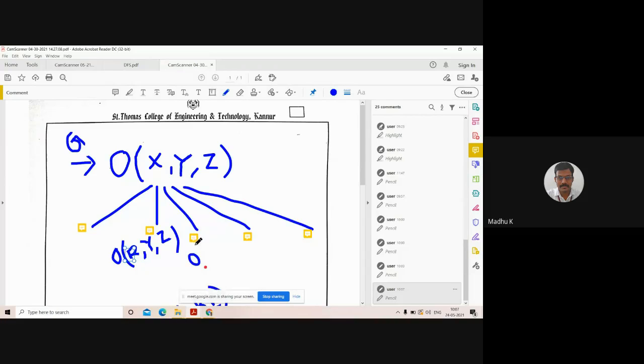Object of white, red, blue are the different colors. So what will be the next one? We can replace x with blue. Then y and z remain there. Y comma z. Okay. In this way, by replacing x with its values, I will get how many